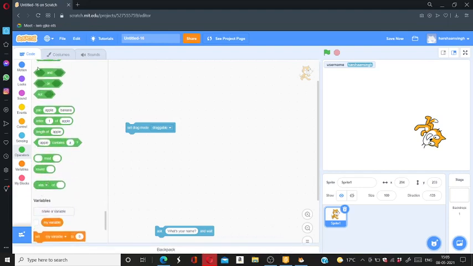So join apple banana is when you join two words like apple banana. Because we have written apple banana, it will join apple and banana, apple banana. So the next is letter 1 of apple. It will show that the first letter of apple is A. So let me show you of banana. Of banana, it will show B, because B is the starting letter of banana.